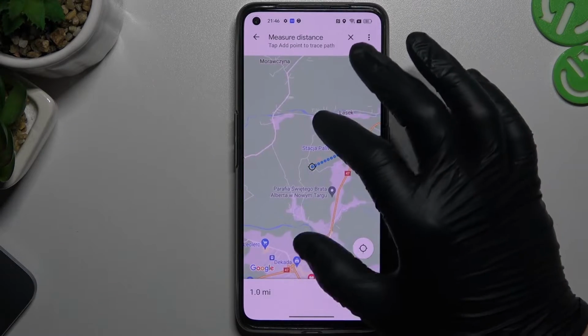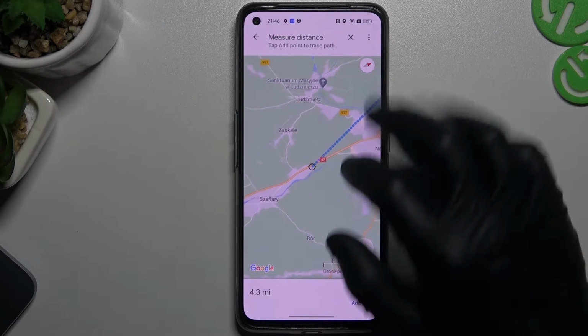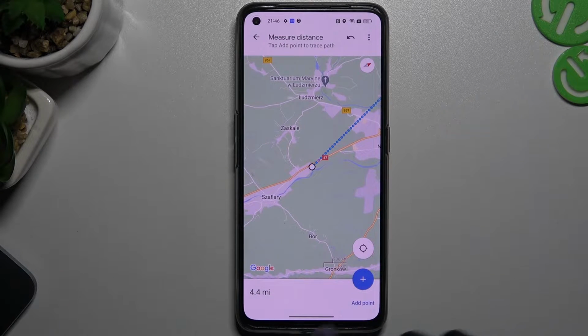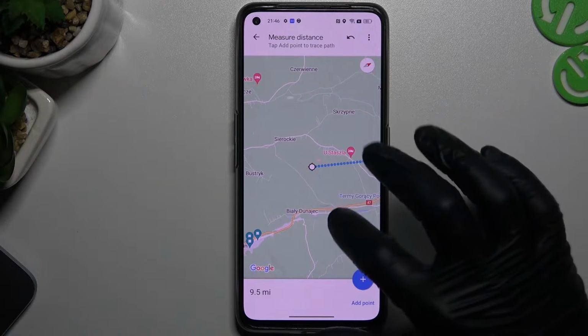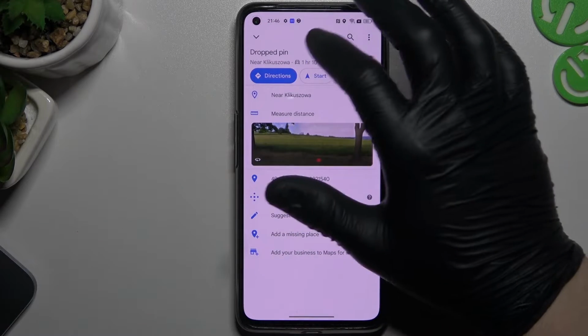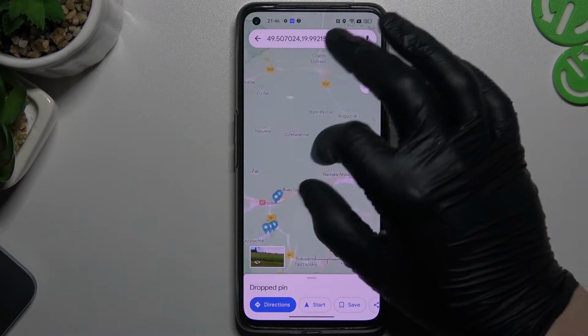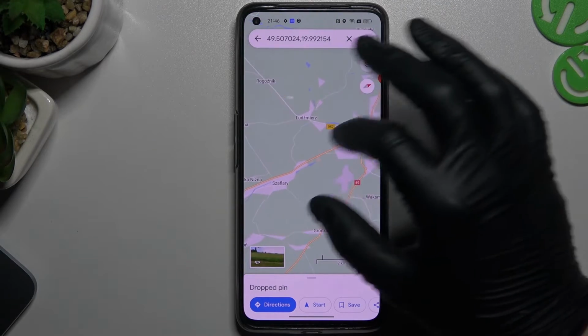Then check the distance to the second place. Pick another point and check. Next one. That's it. But if you want to check the distance by your car or by the walk, just